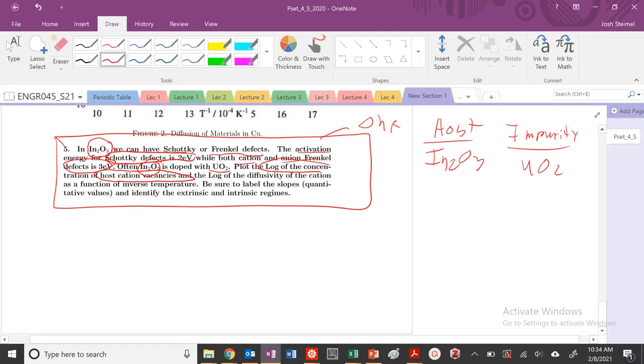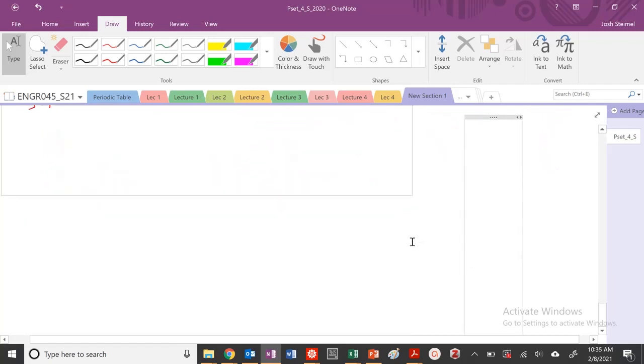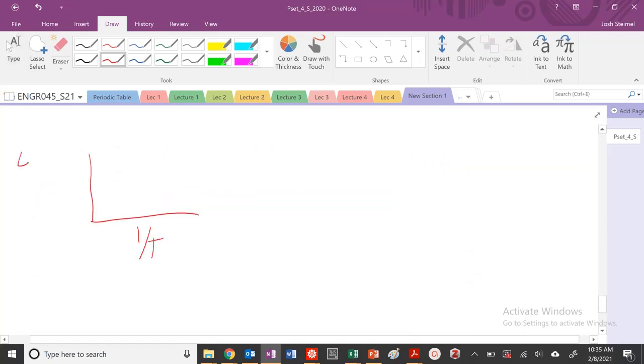So now, what are we looking for? We're plotting the log of the concentration of cation vacancies. A host cation vacancy is just a vacancy in an indium. That's it. And then we also want to plot the log of the diffusion of the cation as a function of inverse temperature. So we eventually want to create a plot like this. We want to plot, as a function of inverse temperature, 1 over T, the log of the concentration of